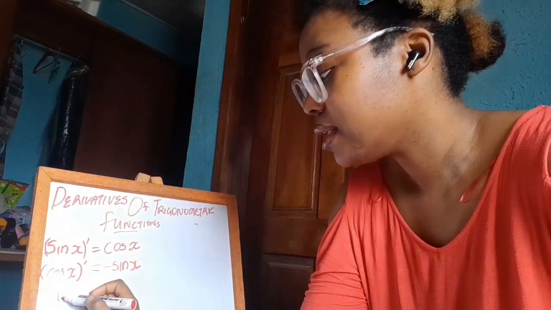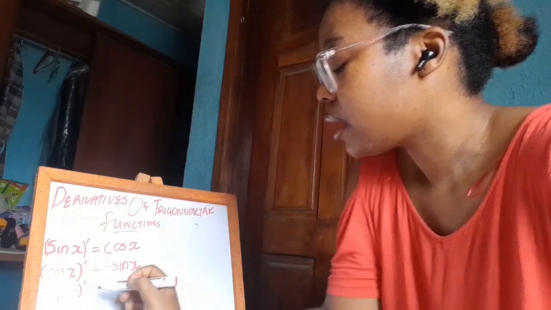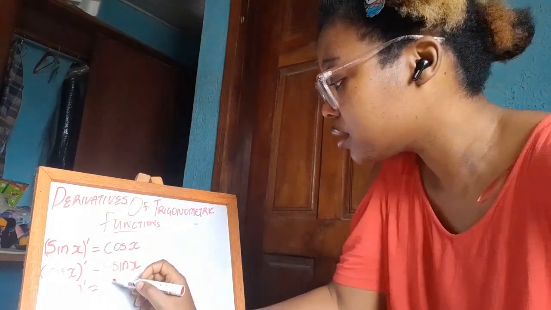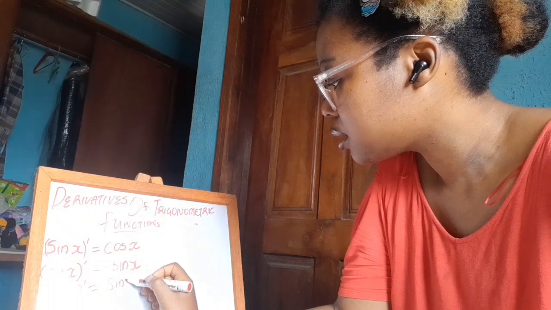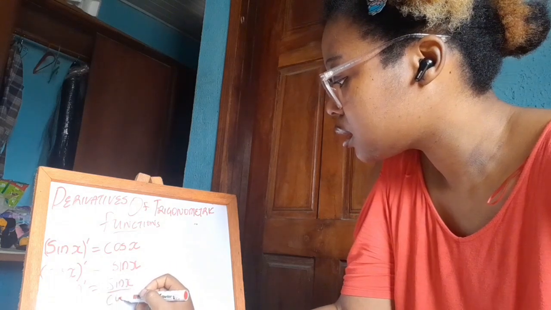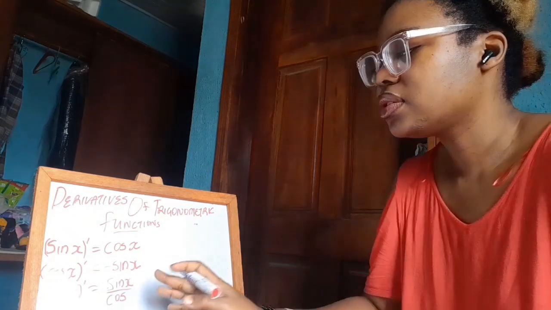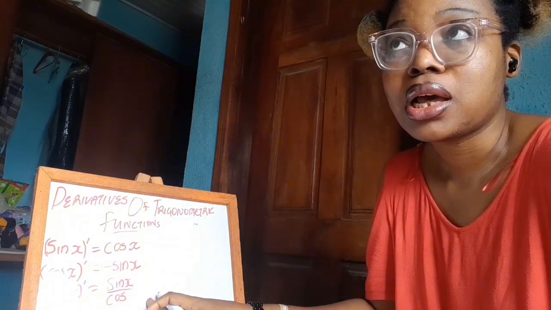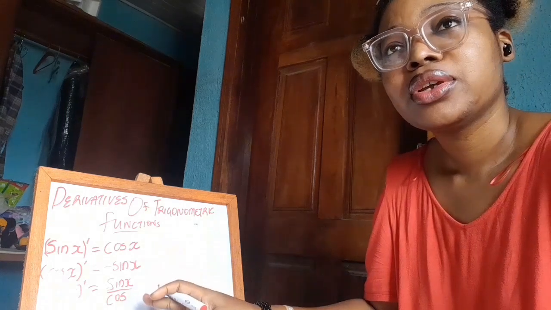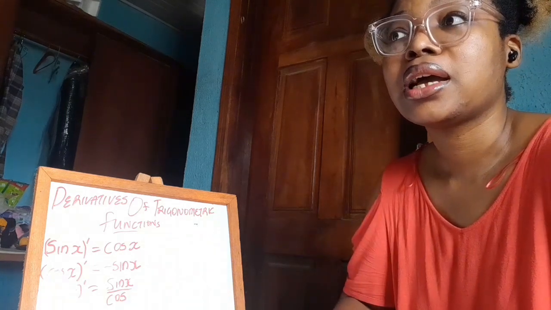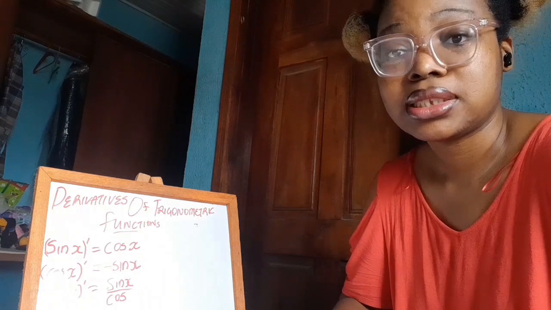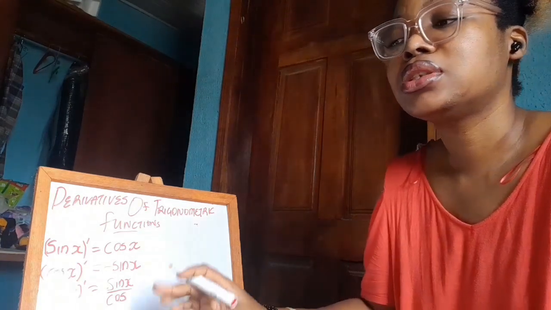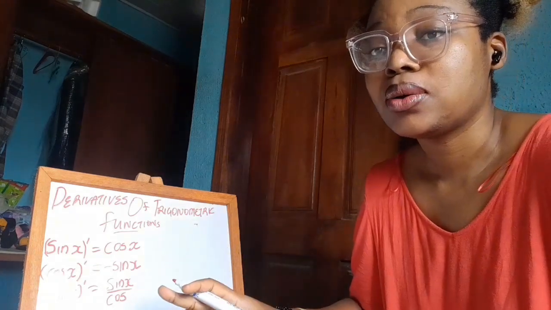I learned that tan x prime is sin x over cos x, and I feel like this is reflective of SOH CAH TOA, where to get tan theta you have to do opposite over adjacent, so it kind of reminds me of that. I was thinking I could use that to understand secant, cosecant, and cotangent,